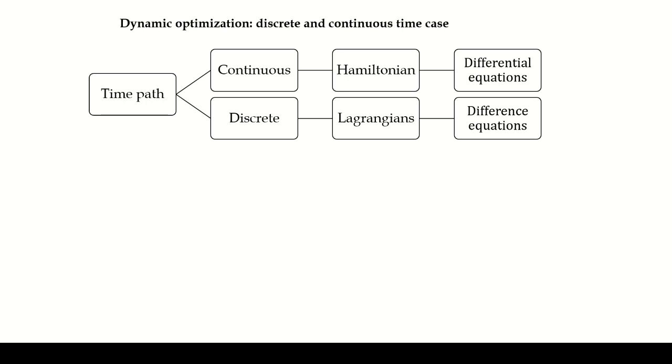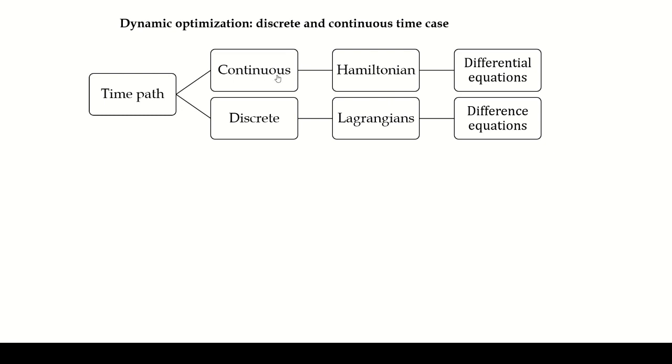Hello everyone. So in this video we will review the concept of dynamic optimization. As we see, time can be either continuous or discrete, and we have different tools of optimization when we have time in a discrete form and when we have time in the continuous form. We have Lagrangian when we consider time as a discrete variable,